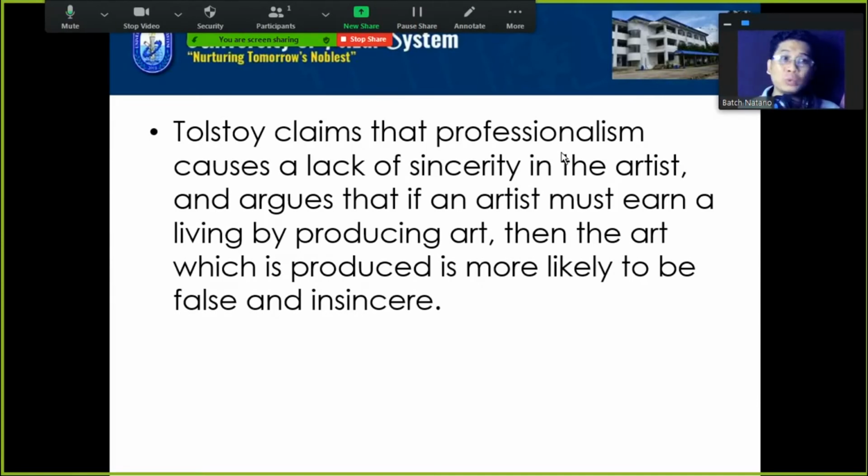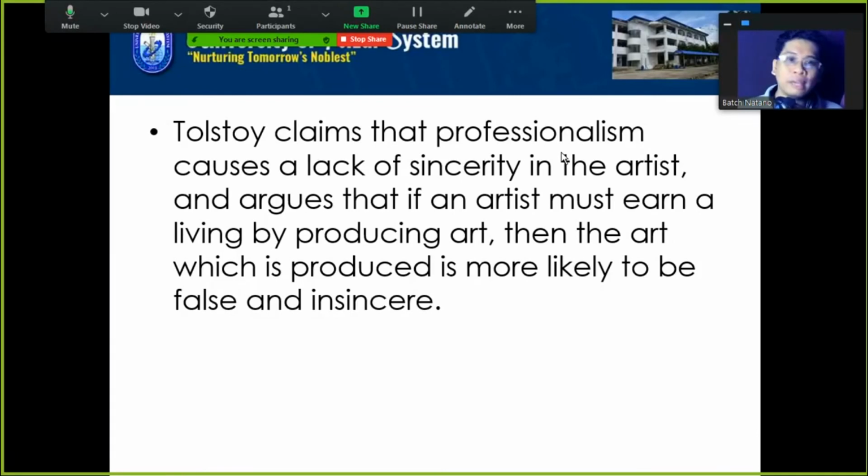So if it's a commissioned work, according to Tolstoy, the work itself is insincere, unless we situate the idea that you were only given a general idea of what the commissioner wants, and then the commissioner lets you do the things you would like to do with the artwork. Then I think perhaps